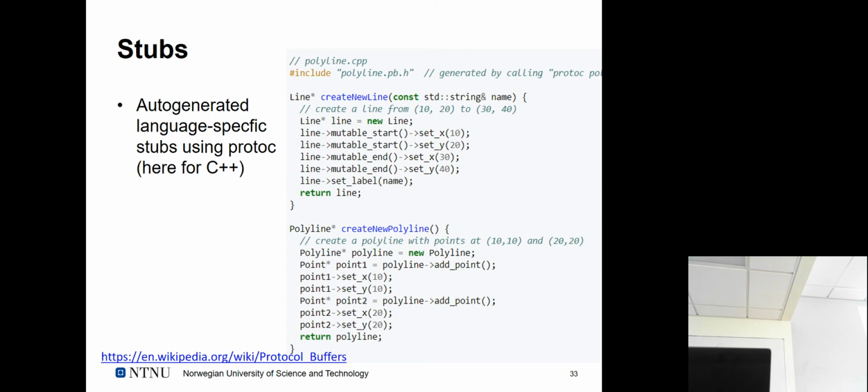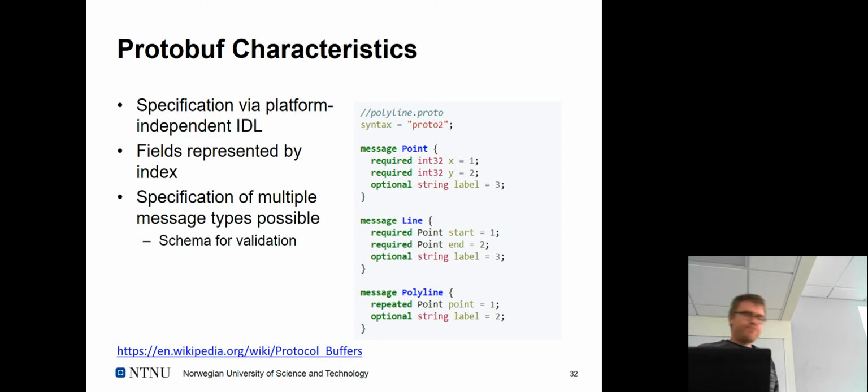That comes up with something like this here. So and then it can be easily embedded into your actual code. In this case, C++, for example, if you create a new line, it creates the accessors and mutators for you, right? The setters and getters of that and so on. And it also respects the notion of collections.